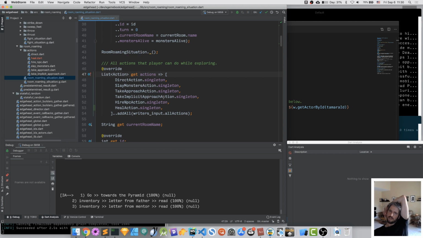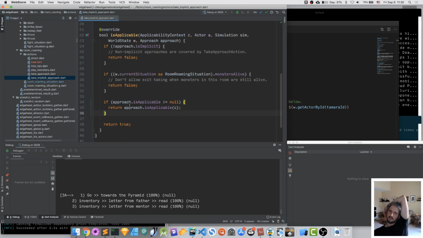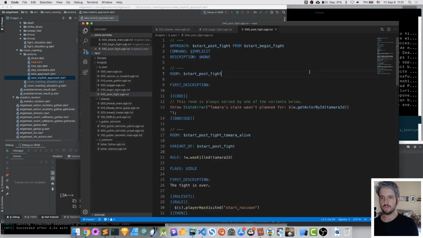So yeah, I wonder if like take implicit approach. It's also weird because implicit approaches are a little like just after a fight, the implicit approach will kind of rob you from your chance to raise others from undead and healing and so on and so forth. So we'll need to figure out that. So okay, I'll just do end fight here. And fight, and